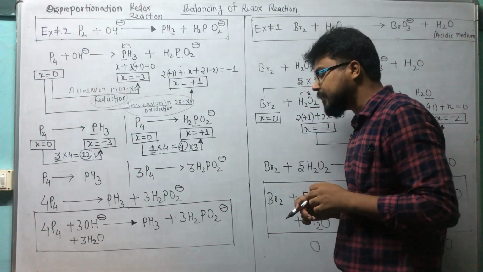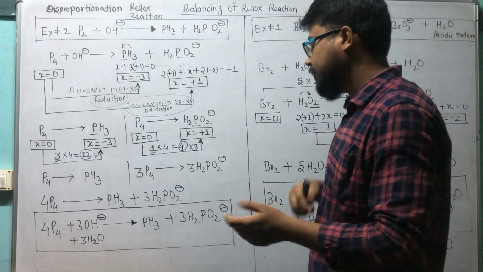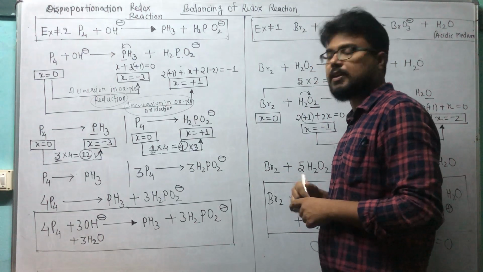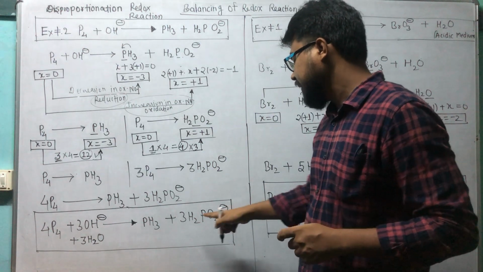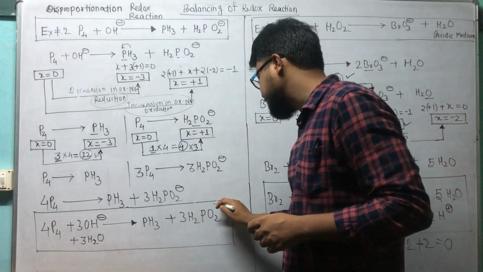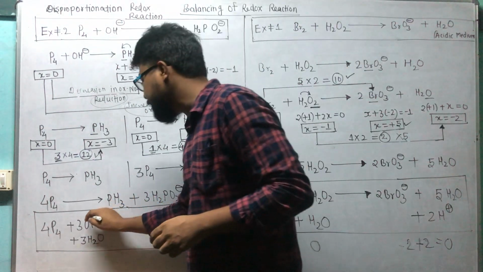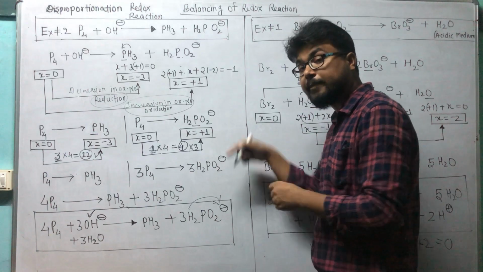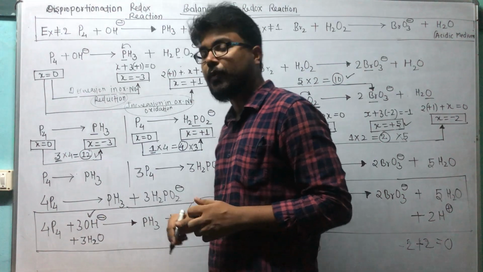Now what I will do, I will balance oxygen and hydrogen further, or I will check charge. So for basic medium I will check charge. Check here, the charge is -3. What is the charge? The answer is -3. That's why I put 3OH minus, because the medium is basic. I can't add H plus. Remember students, here it will be 3OH minus.